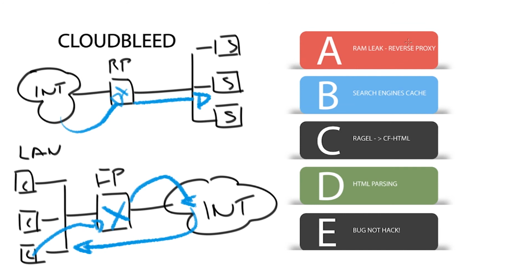The CloudBleed bug was a RAM leak, which caused the CDN reverse proxy servers to run past end of buffer and return memory that contained private information during the HTTP request session. Unfortunately, this was cached by the search engines, and some search engines still show this cached information until they eventually purged their caches. The cause of the bug was due to an upgrade of their HTML parsing technology from Regal